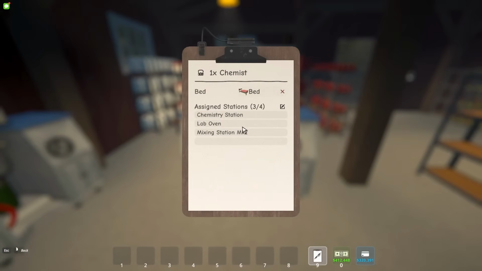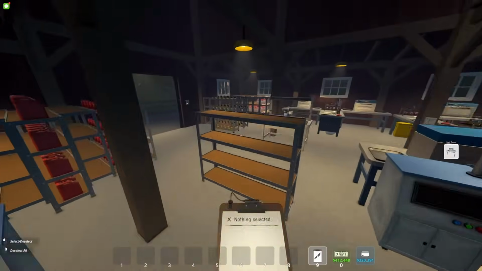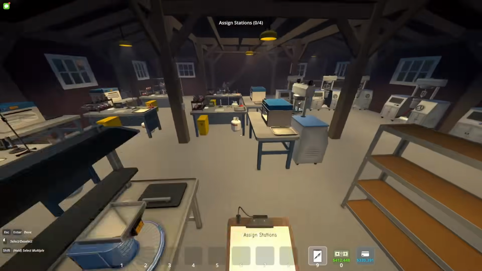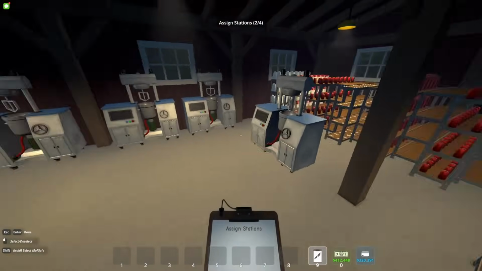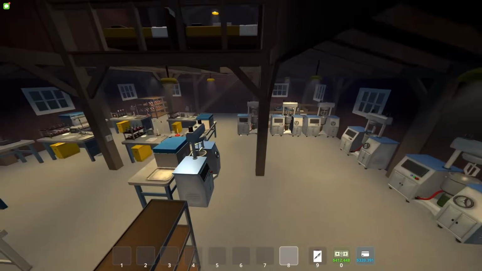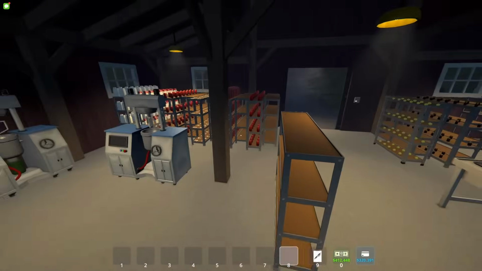And now we have to find a mixer that's available. So we have only 1 mixer left and 1 employee. So the last 2 employees will have only 1 mixer, which is fine. And the last chemist, the last station, last oven, will also have only 1 mixer. And that's completely fine. So in this build, it is possible to add 9 mixers and have it done with